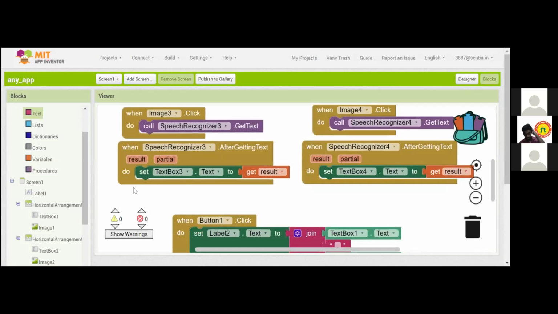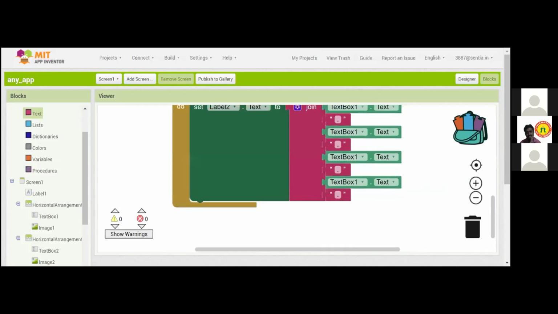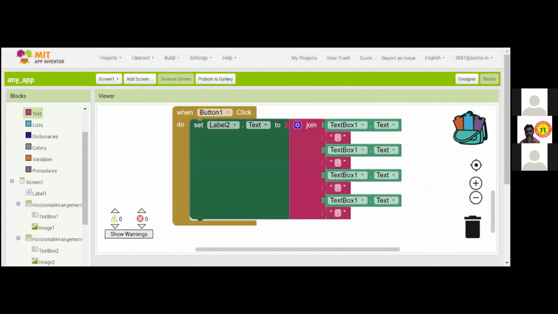I understood. See here, you have given text box one, text box one, text box one. Okay, sir. So now just check.